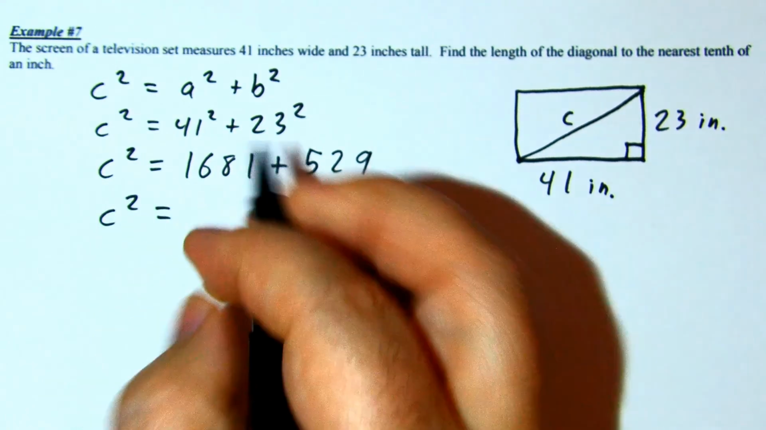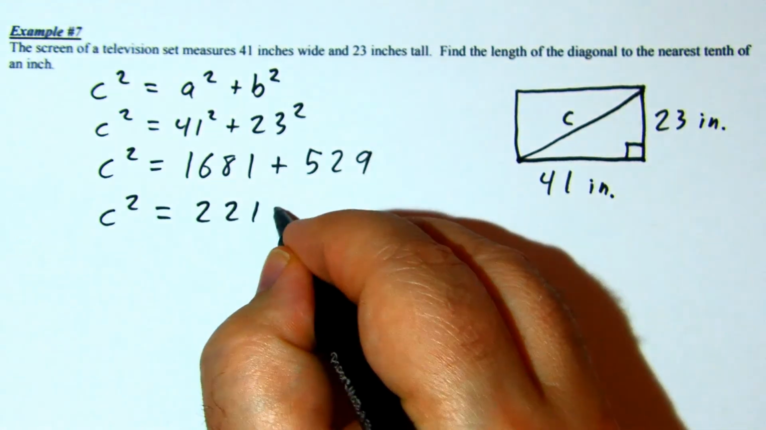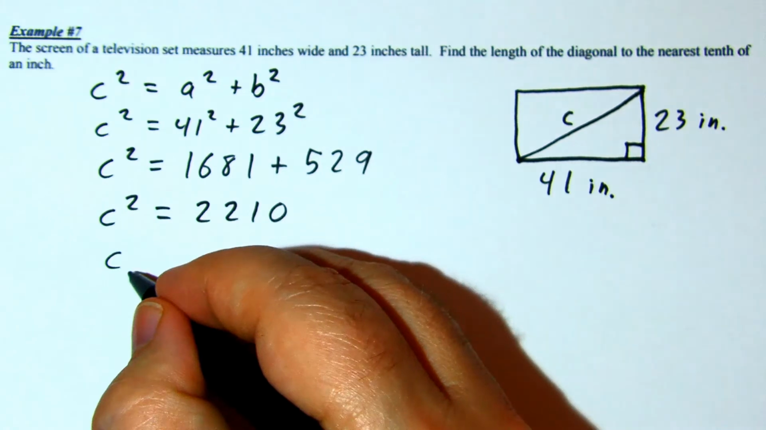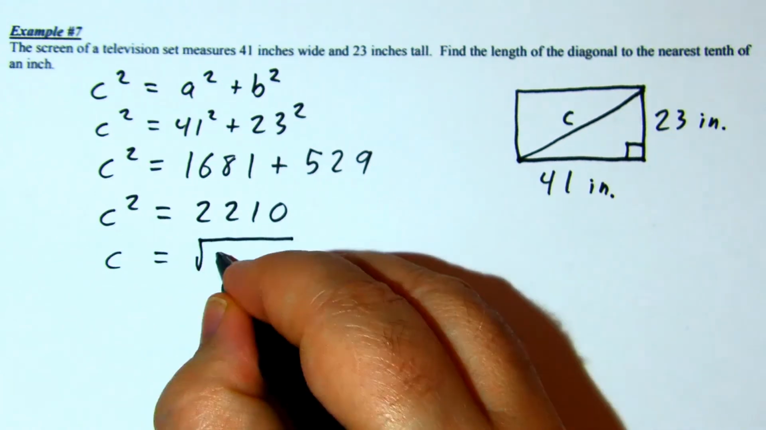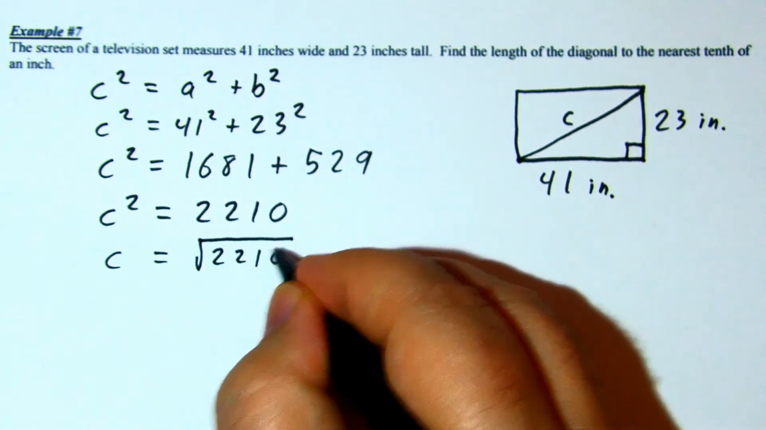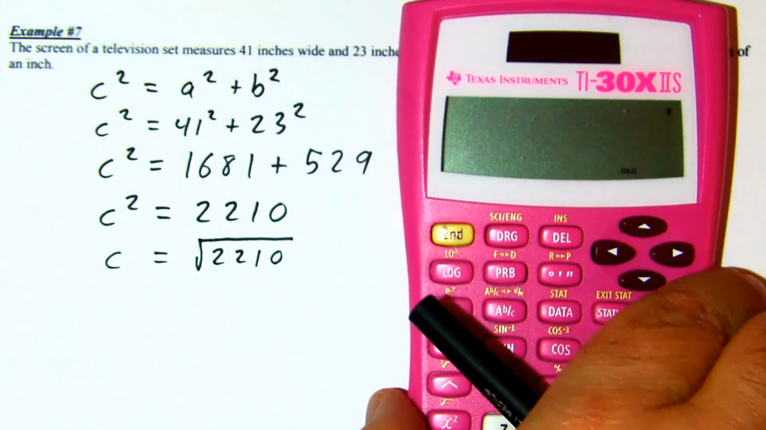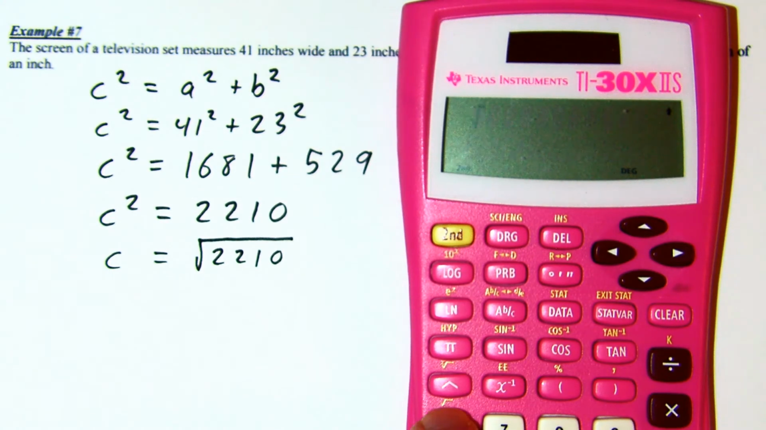Continuing, c squared equals the sum of these two values. Again, using my calculator, that gives me 2210. So therefore, if I take the square root of both sides, c squared gives me just c. And on this side, it's a length, so I can ignore the negative and just find the positive square root of 2210. Let me go ahead and do that one on screen. Second function, I hit the square root button, type 2210, close parentheses, hit equals, and I get